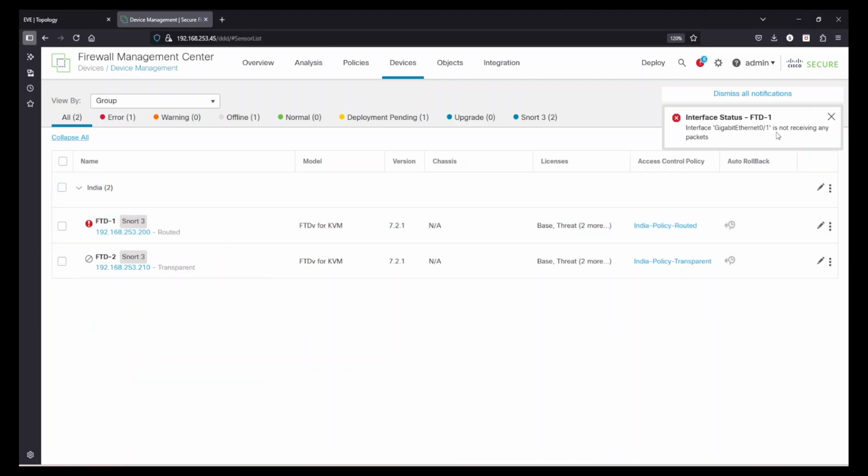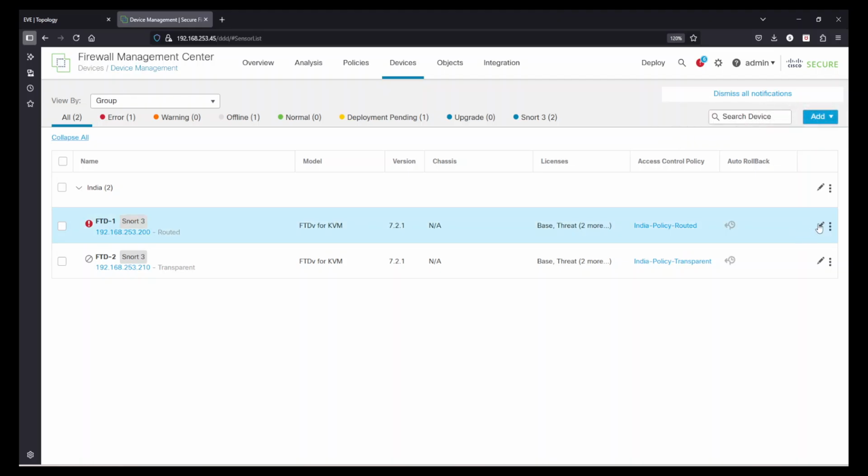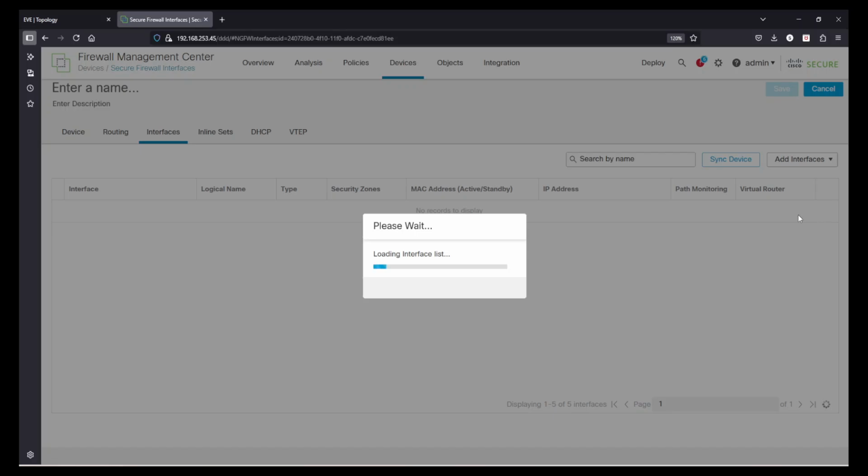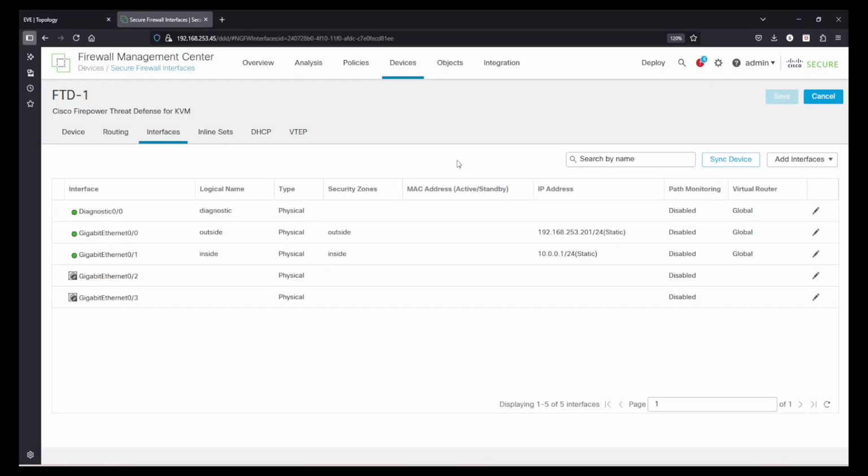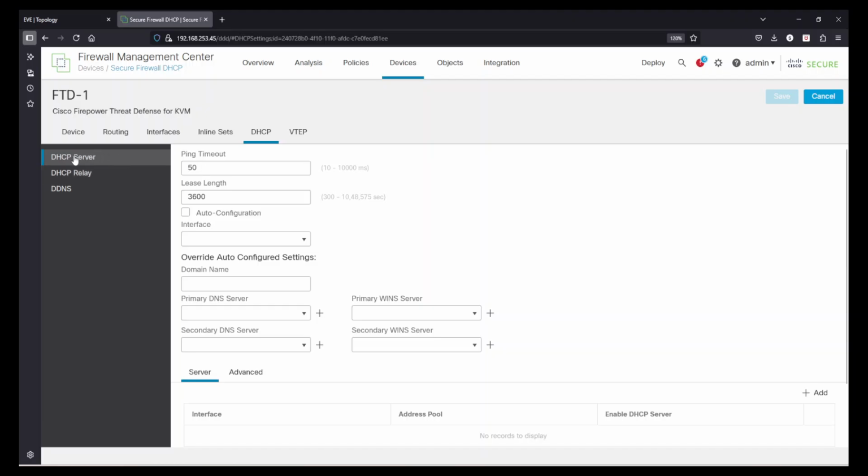This red sign is because of one of the interfaces not receiving any packets. Now, next step is I also wanted to deploy a DHCP server on this interface, so my LAN users can get the IP address. Let's go to the DHCP section, and then under the DHCP, ping timeout 50 milliseconds, and then lease 3600 seconds. I do not want any auto configuration. I want the domain name on this interface to be assigned as